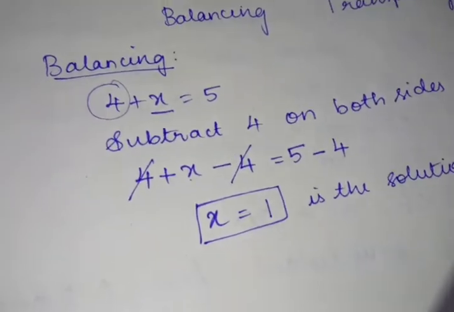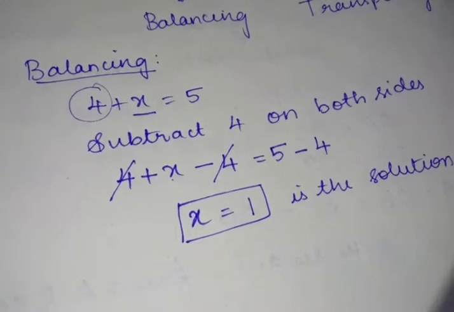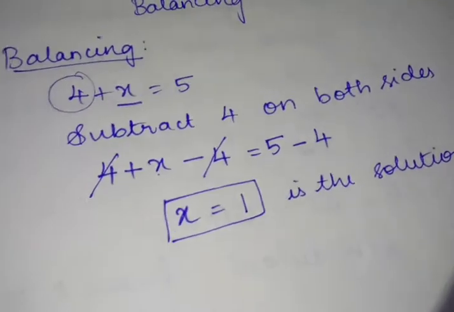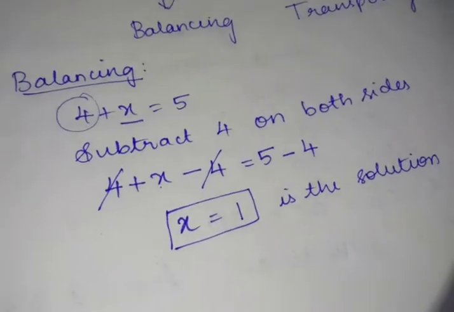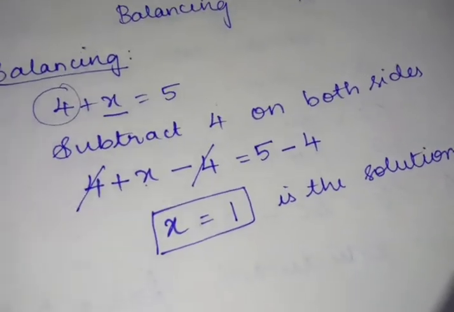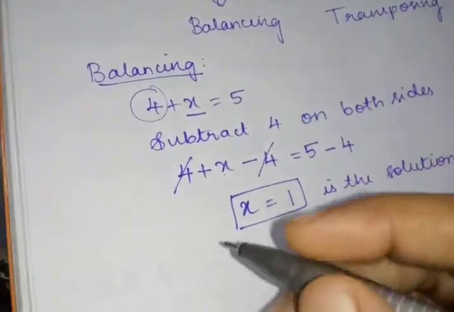So first you got x is equal to 1, right? We are saying that is a solution. How are we saying it is a solution? There is a verification process. We can verify whether what you have done is correct or not. We can substitute this x value into the LHS and RHS.